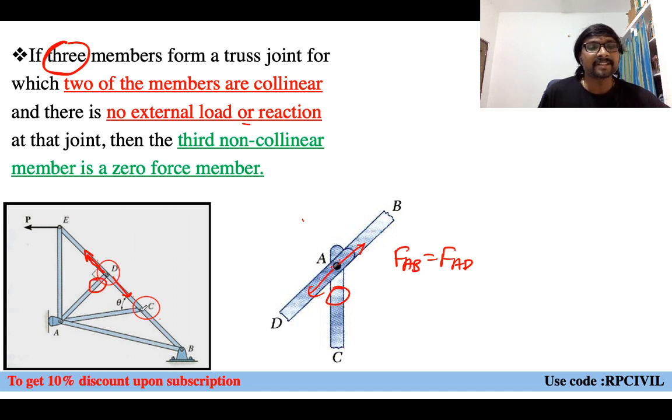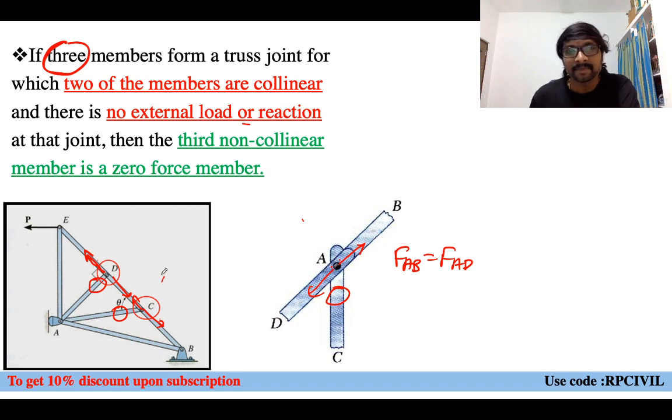Yes. Similarly at the joint C also, three members CD, CB and CA are meeting. And among them two are collinear, CD and CB are collinear. So force in the member CD will be balanced by force in the member CB. But who is there to balance the force in member CA at the joint C? Nobody is there. So therefore force in the member CA will be 0 like this. So that is a condition you can say.